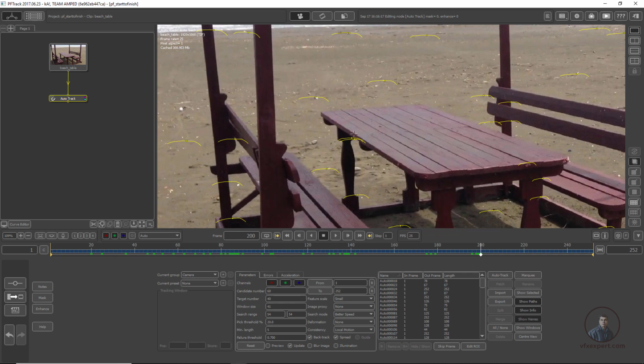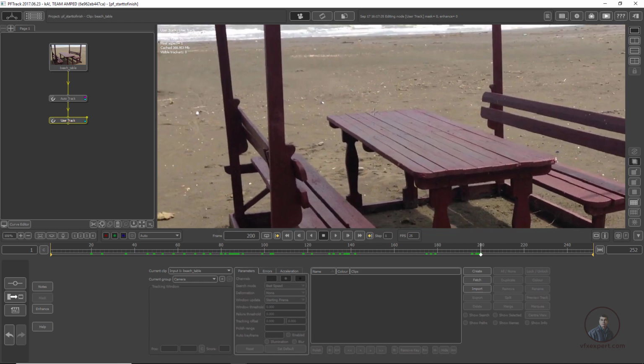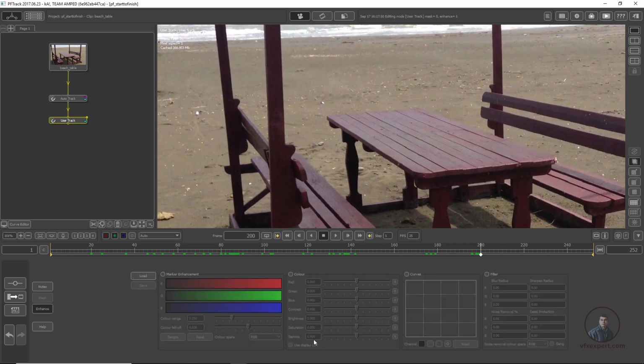Okay, so for this, simply right click on our auto track node, click on tracking, then click on user track, then again double click here. Suppose here I am going to track some points. Before tracking these points, let's enhance our shot a little bit for better tracking. Then downside in user track, click on enhance, and from here you can adjust